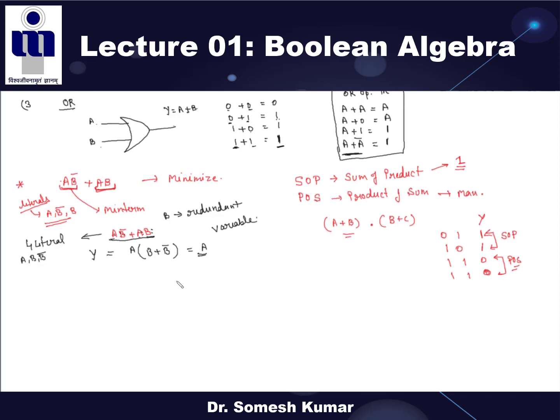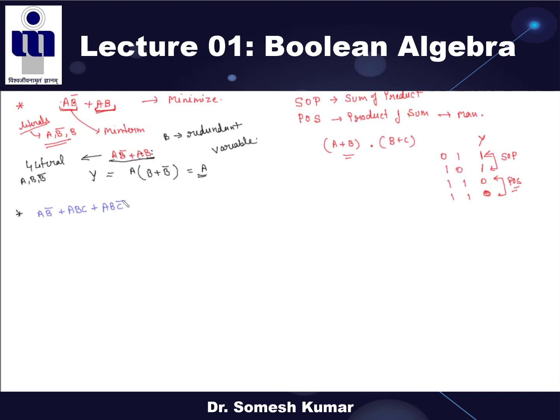Okay, so the next problem is, you have to find the minimum number of NAND gates required to implement this logic function. If this type of statement is asked, minimum number of NAND gates required to implement this function, then how to proceed?